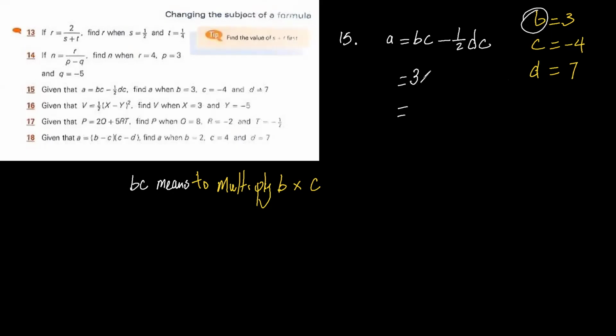And what is C, Duncan? So C equals -4. Hold on, just hold him off. What is C, Duncan? -4, sir. So this is 3 times -4, minus